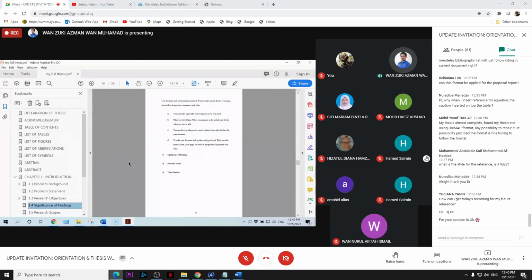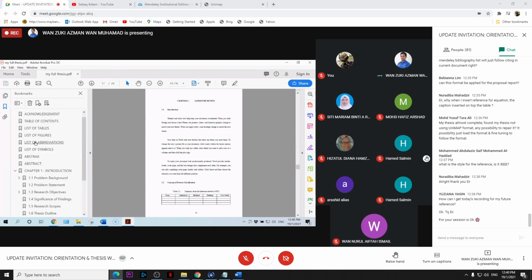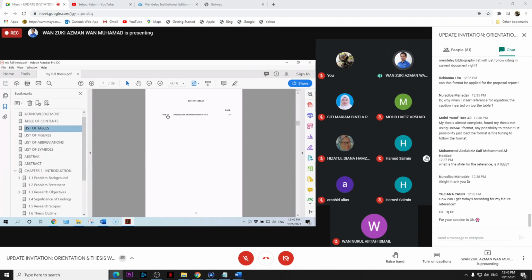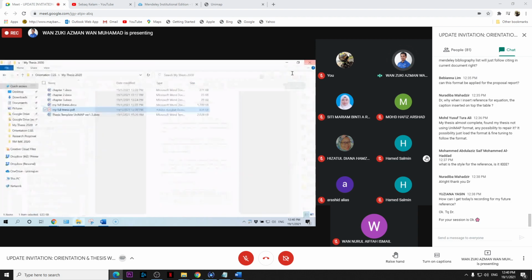Normally when I open any ETC, they don't have bookmarks like this, so it's difficult for us to navigate their document. If they have it like this, it's so easy for us to navigate. To go to figure table 2.1, we just click and then automatically we can navigate to the particular table that we want.